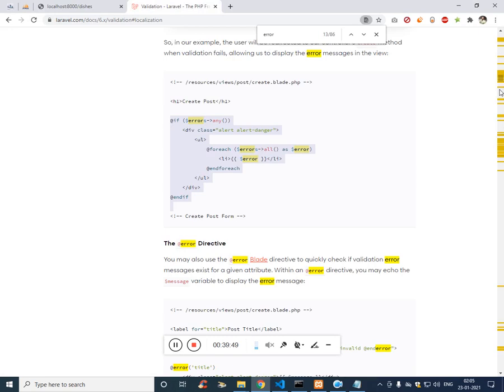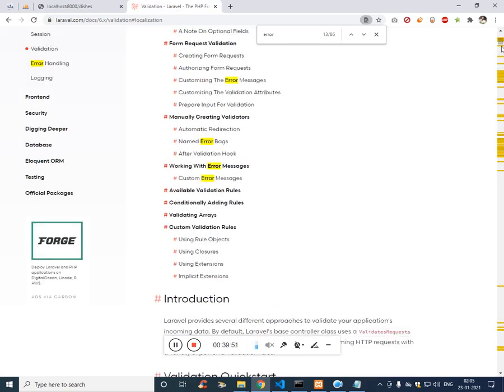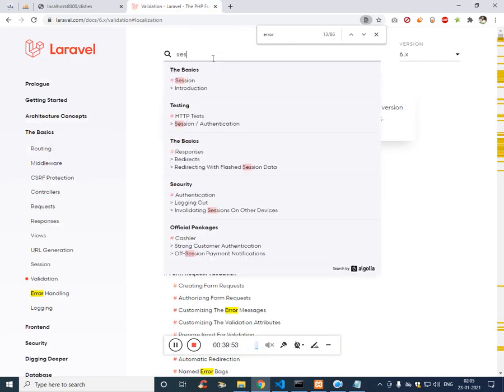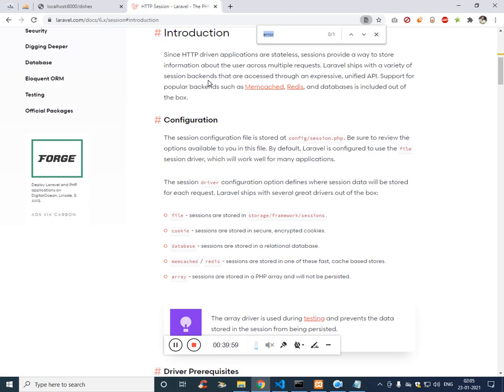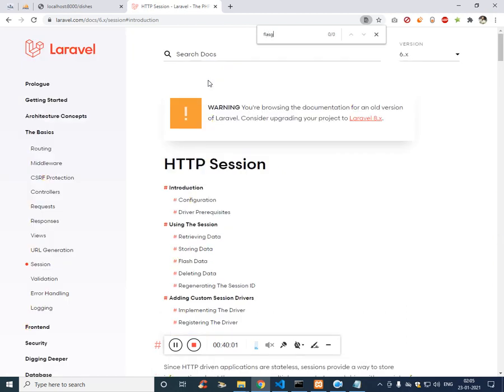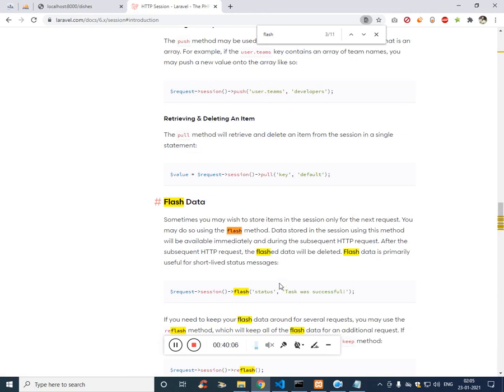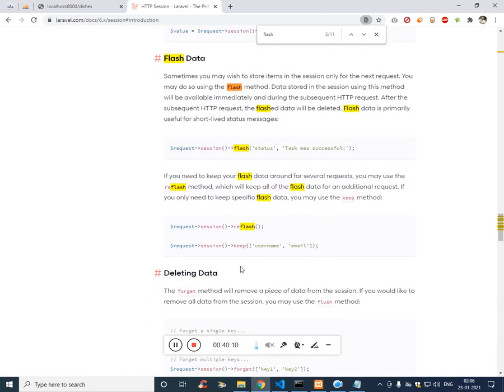And now we want to display the session flash message. For that we'll simply add session, and we have a function called get. So with this we can simply add, let's try.